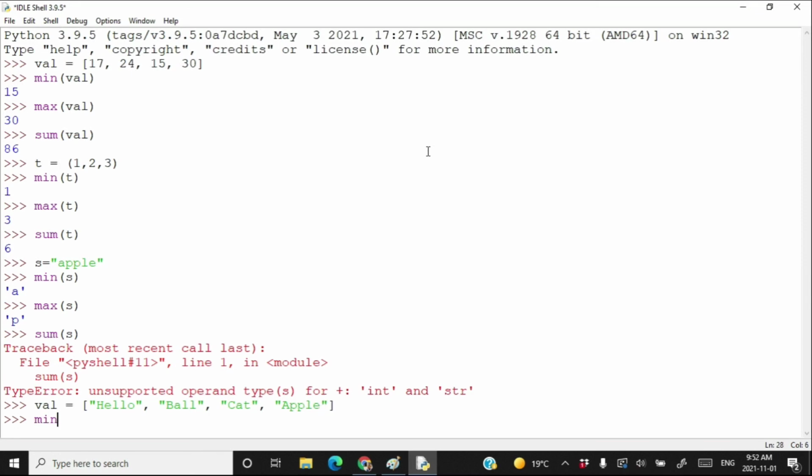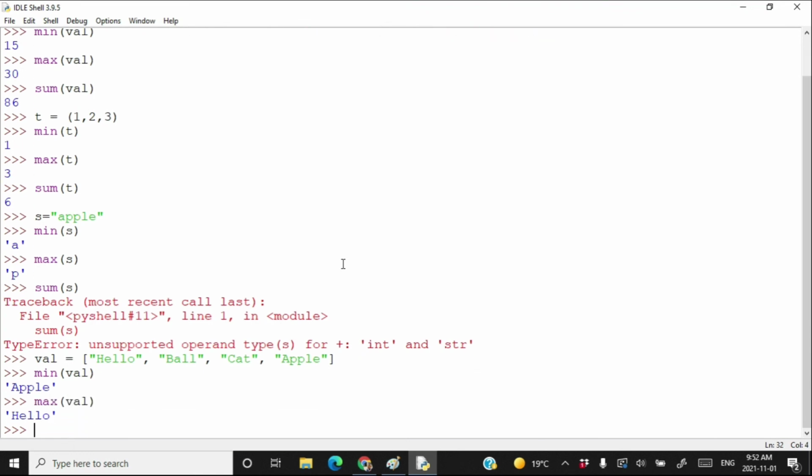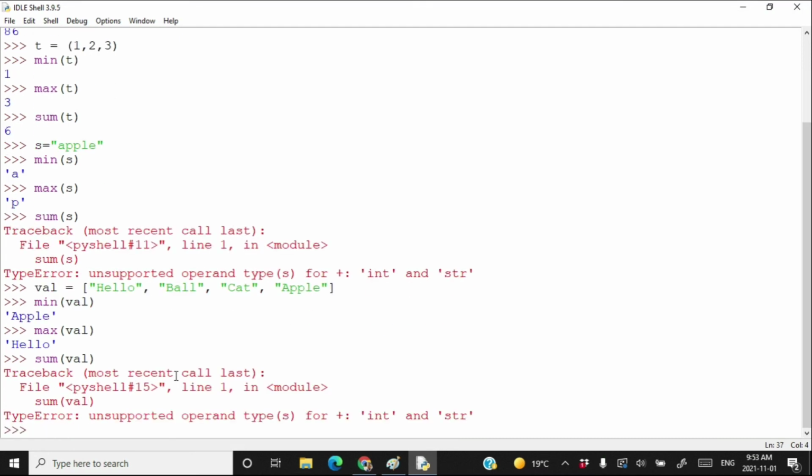Now find the minimum element in this list. The apple is the minimum element in this list. What is the maximum element in this list? Hello is the maximum element of this list. What is sum of various elements in the list? Here you got an error.